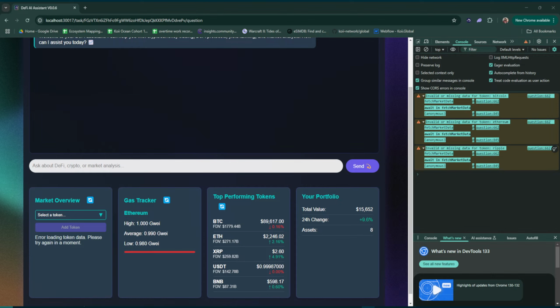Added XRP, I believe. Then hit refresh. Got the error. Whoop. And